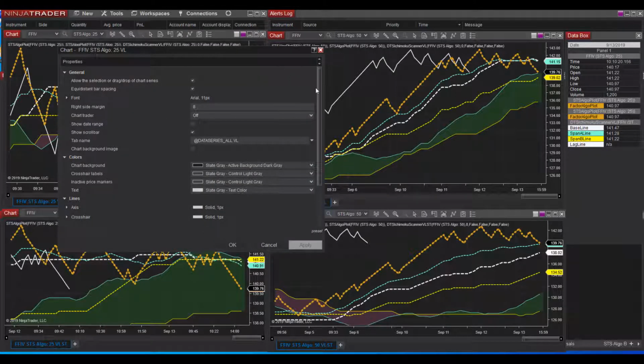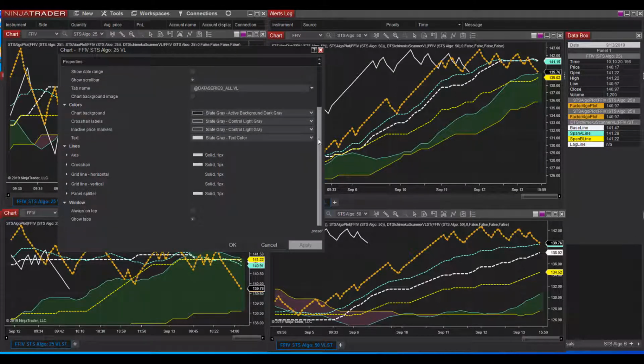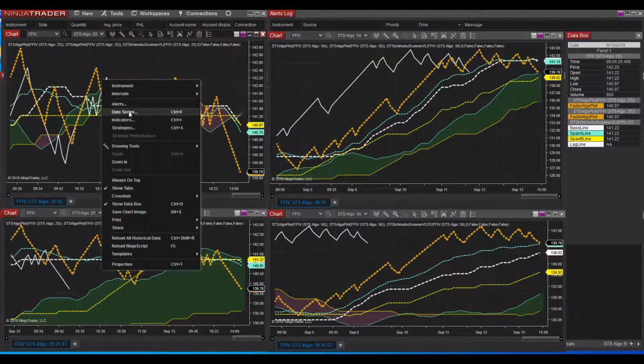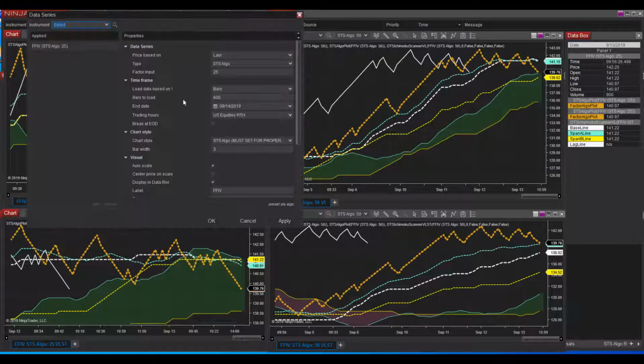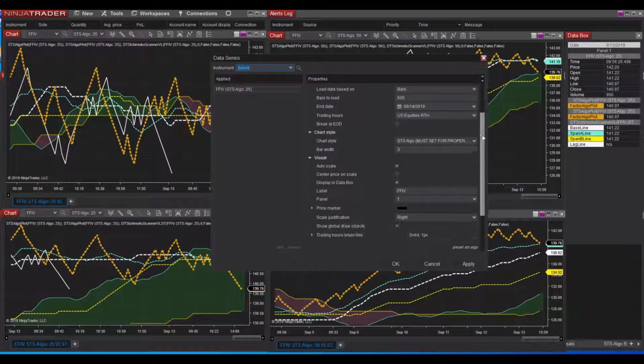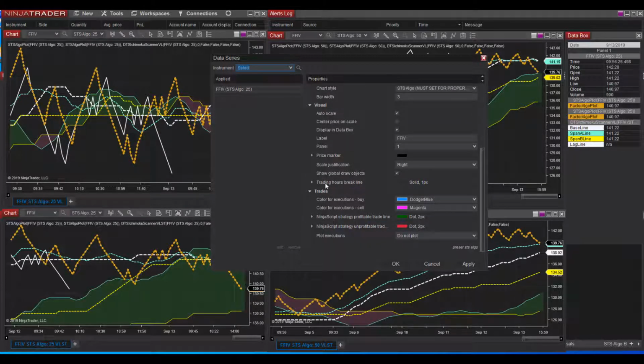So I went to cloud properties, and I'm going to go down to trading hours. I'm sorry, that wasn't in properties. It should be on data series. So I really should have done this on the very first chart, and I wouldn't have had to redo it, but we're going down to the data series, and you have a trading hours break line,